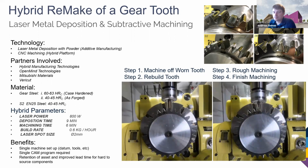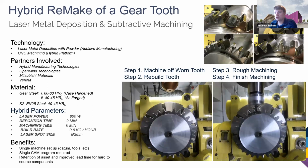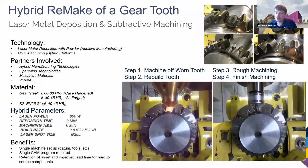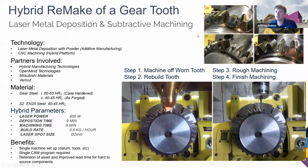So basically, this one is to remanufacture a gear teeth. The idea is that one single tooth or multiple teeth are worn out or broken, sheared off, whatever the case is. And the idea is now that we machine down the broken teeth and use, for example, the LMD system again to build up a new tooth and machine it to size to put it back into service. So this one obviously was just a demonstrator, so the gear was never in service, but it was demonstrating the capability of